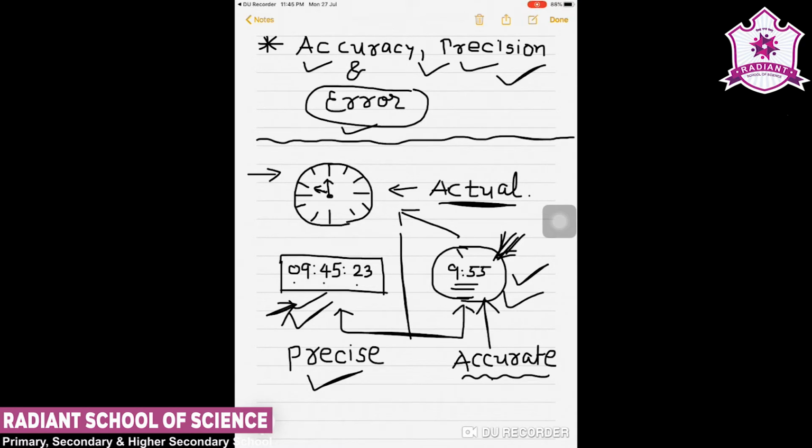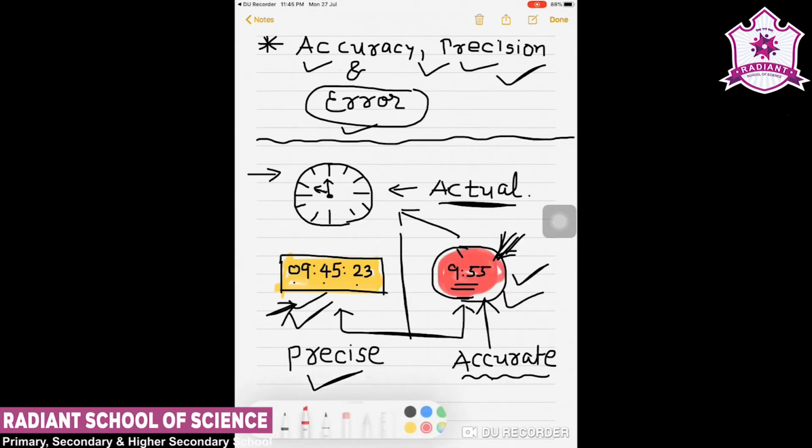Clearly this 9:55 timing is near the actual value and therefore it is accurate, while this clock gives us the information in, we say, more precise. So it provides us the precise value,